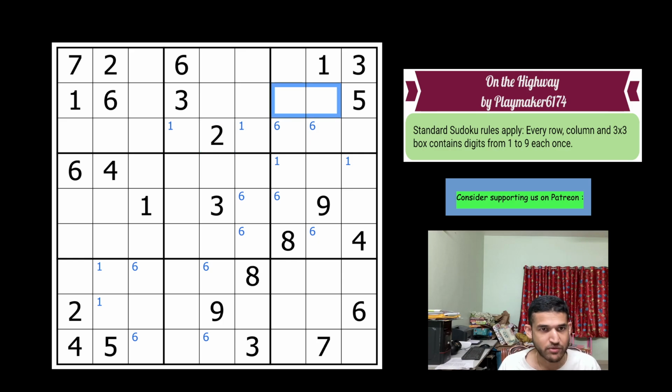Maybe 2 goes in one of these two cells. 2 is not here, 2 is not here, so 2 goes here. And I'm not inclined to mark these two 2s, right? There are 3 cells for the 2s. Any more? Perhaps there are some more corner markings. Oh yes, with the 9s, the most important digit as far as this Sudoku is concerned. So